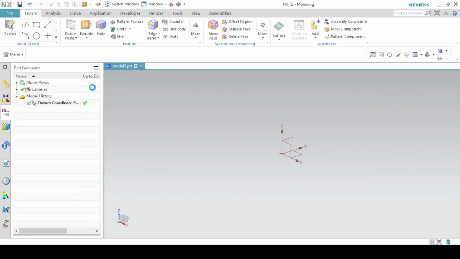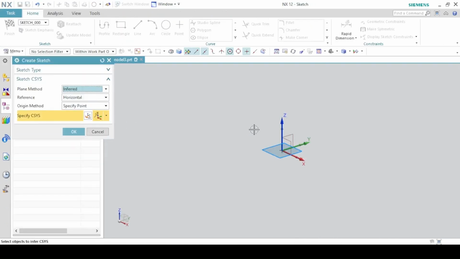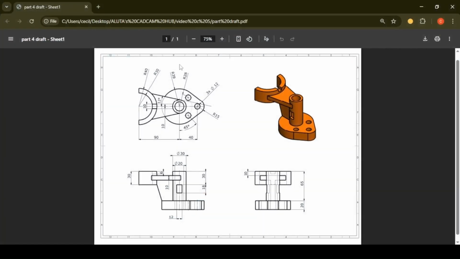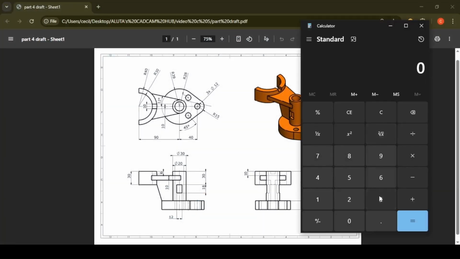Sketch section, so we can sketch the profile of the base before we extrude. We have a bigger circle of radius 39, so a diameter of 78, and a smaller circle of radius 15, so a diameter of 30.